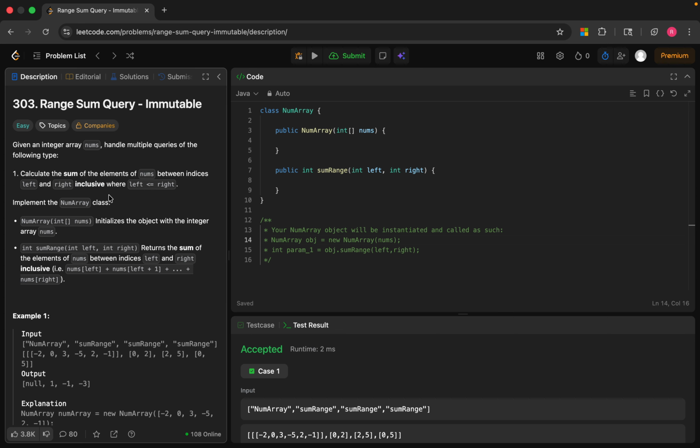The idea for the brute force approach would be, for every query, we loop from left to right and calculate the sum. Every time sumRange is called, we need to recalculate the sum. This solution works, but it is very slow if there are multiple queries. So let's code it up first